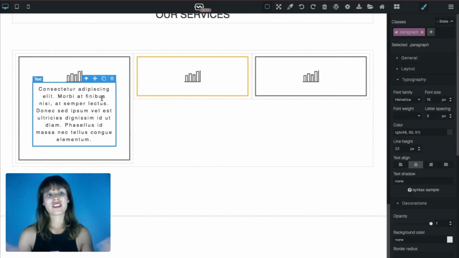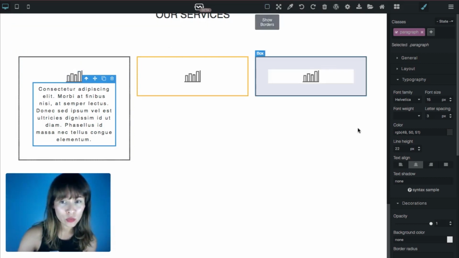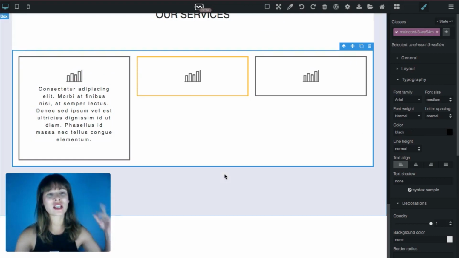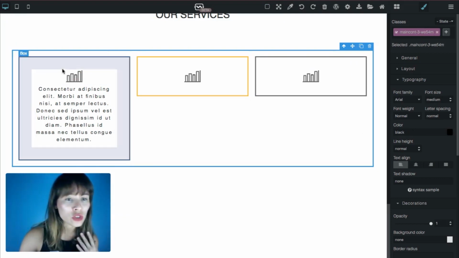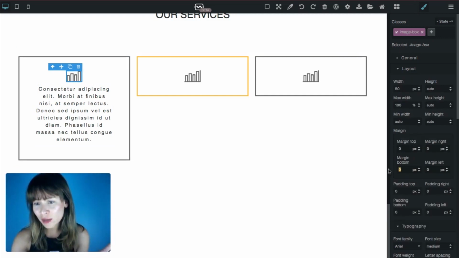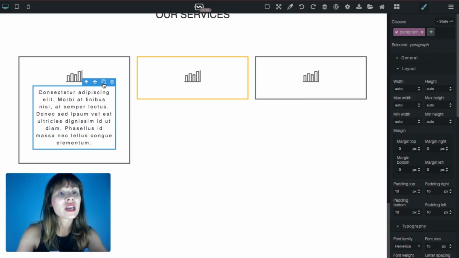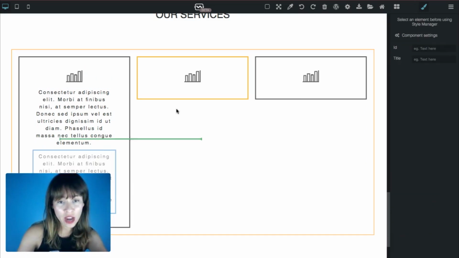I'm going to add some margin bottom. So wait, I'm just going to get rid of the border so you can see. I think the image and the text are way too close. So I'm going to click on the image and add here in the layout some margin bottom. Let's say 10 looks good. It might. So if you're happy with it, just